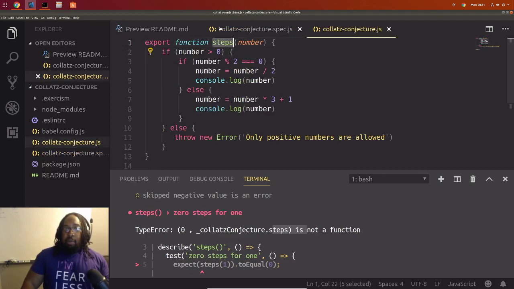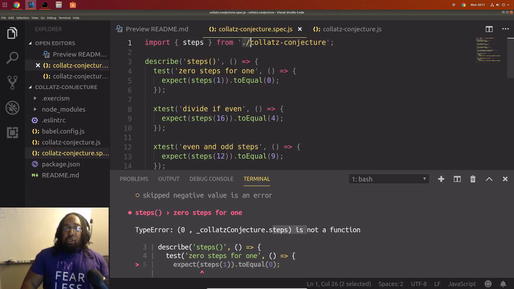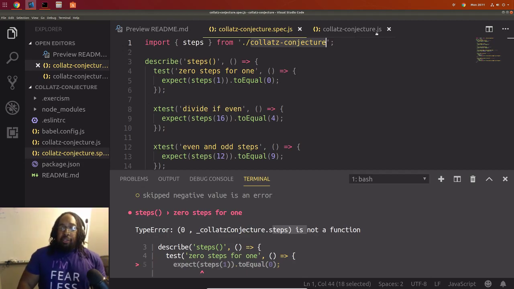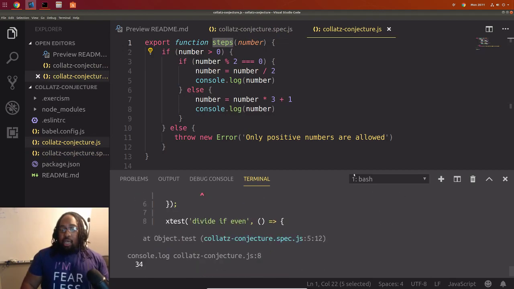So it's importing steps from, and this is just a notation for the folder that we're in. It's saying the current folder and collatz conjecture. You do not need to specify the file extension. It just assumes it's a JavaScript file extension. So it's trying to pull in this, and it's basically saying, hey, I don't have this function, and it's not working for me. So now that we exported it, let's see what happens when we run this test.